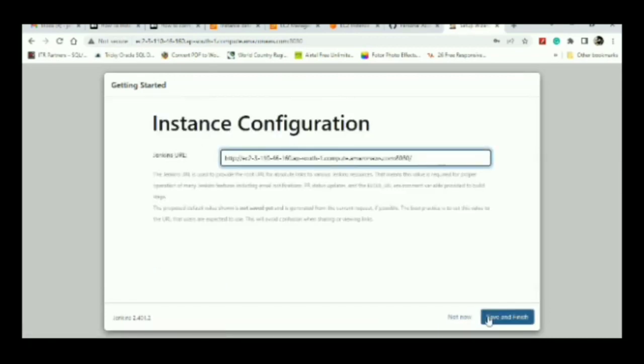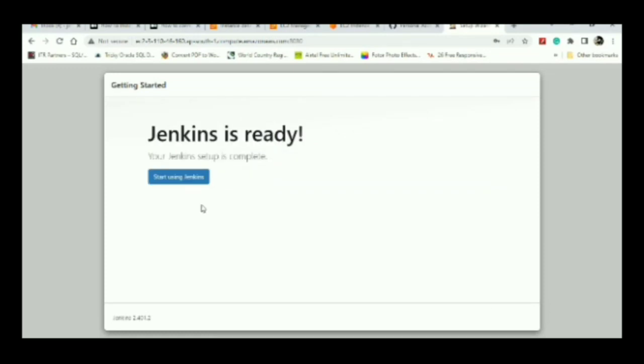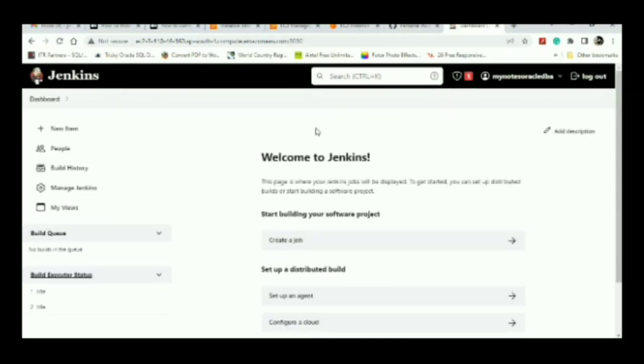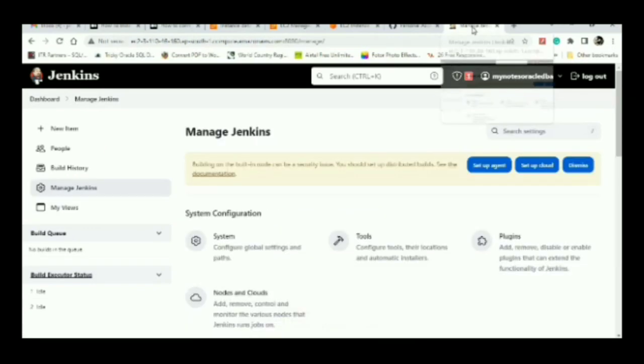If you have done that, it will show our URL, the same URL, so we can see that. Once you finish, you can start Jenkins. Because we already provided the login details, it will directly move into our Jenkins console,